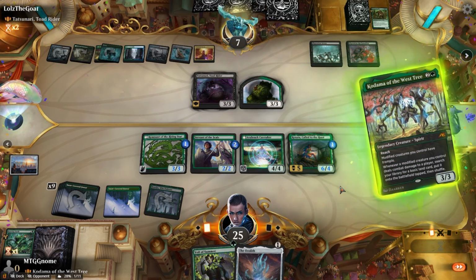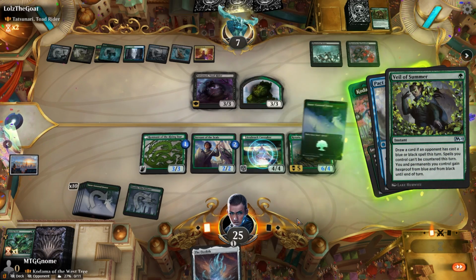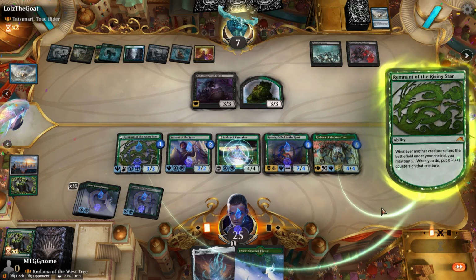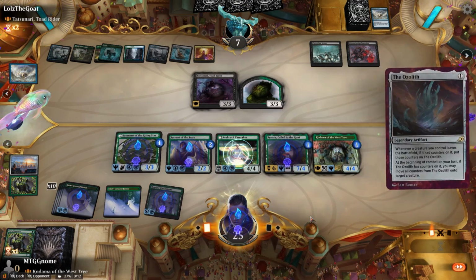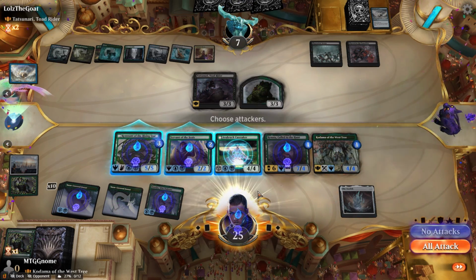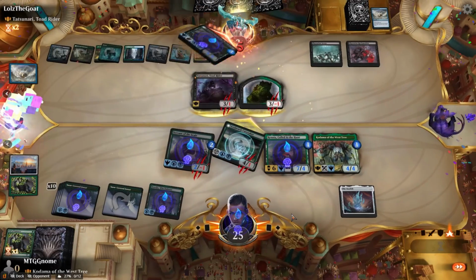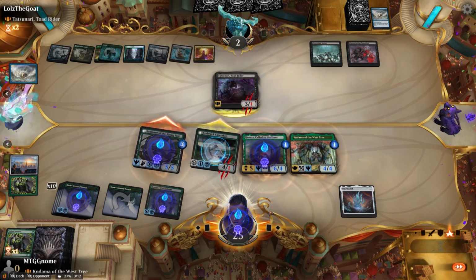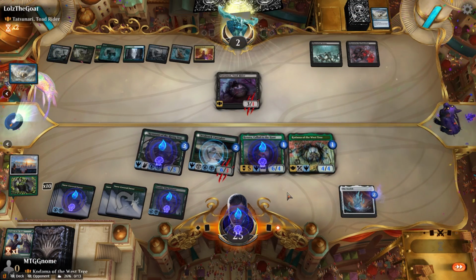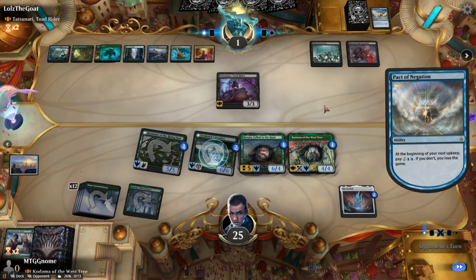Counterspell? No. Oh, does he have another counterspell? Yeah. And we can play the Ozolith. That was great. We will swing. Alright. Oh, he still has to pay the mana for Pact, because...